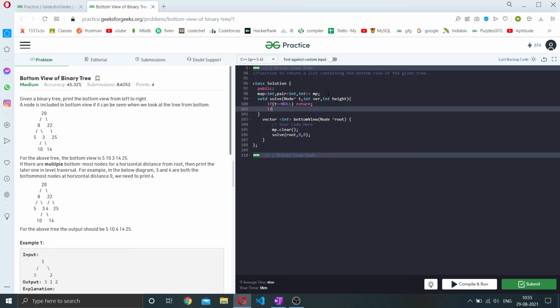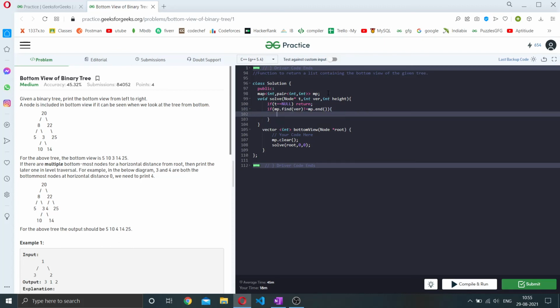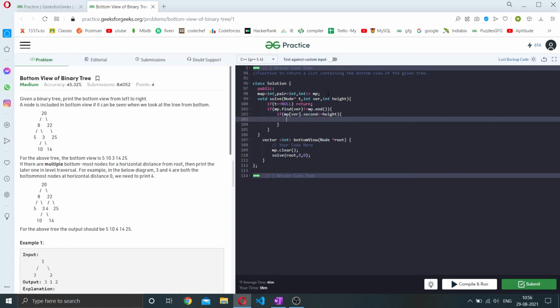Then we check if mp dot find of vertical is not equal to mp dot end. So if vertical is present, we check if mp of vertical dot second, the current height stored, is less than or equal to height, then we have to update our answer.